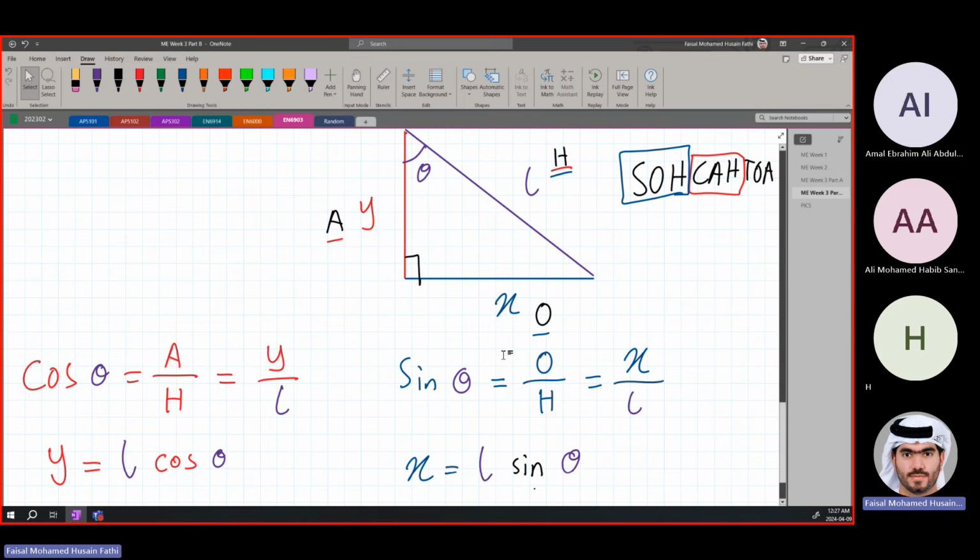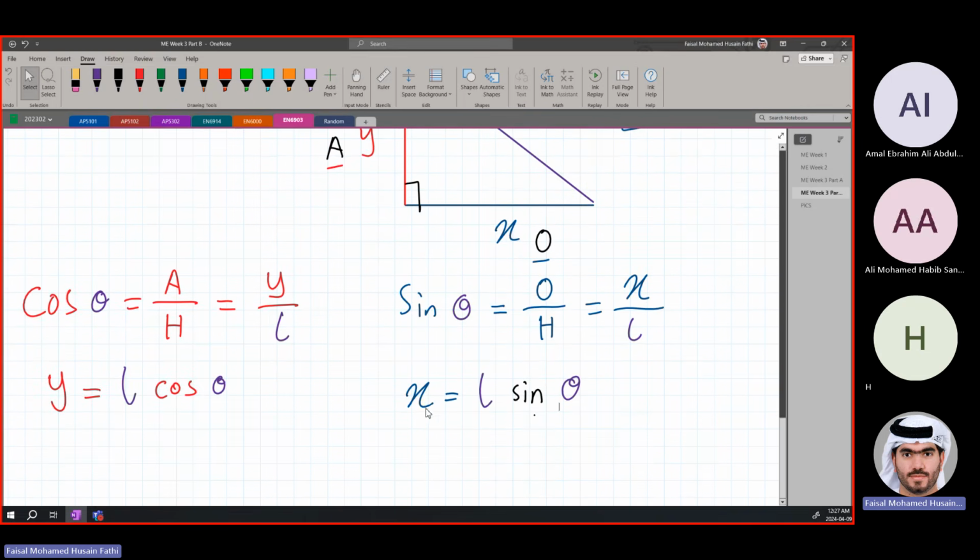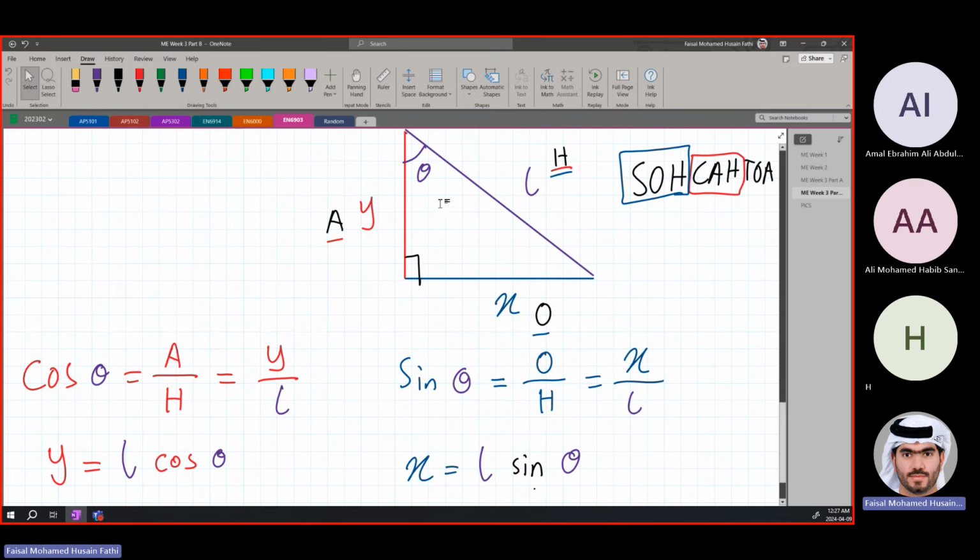Now we have found relations between Y, X, and L so that we can substitute later on for X and for Y, and we will only have L and theta as our unknowns. Because at the end of the day, we're trying to find out what theta is. This is what we're trying to achieve in this question. And then,